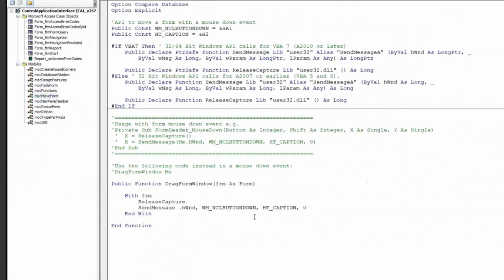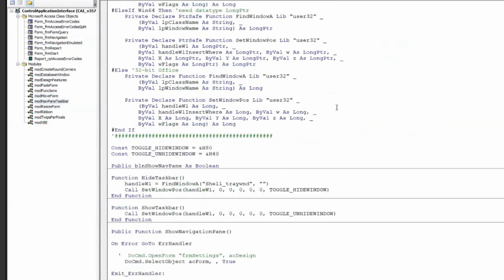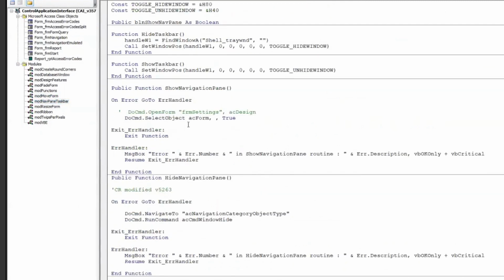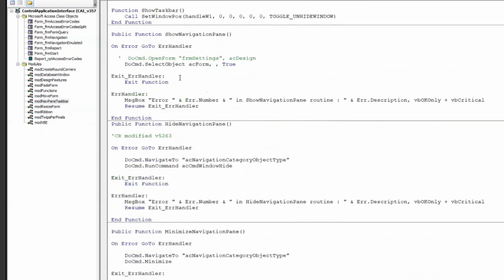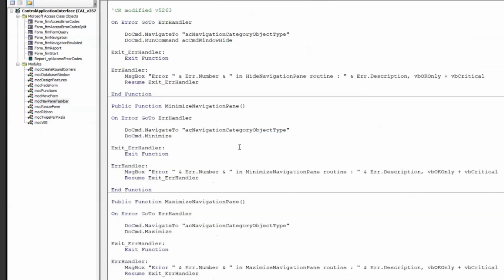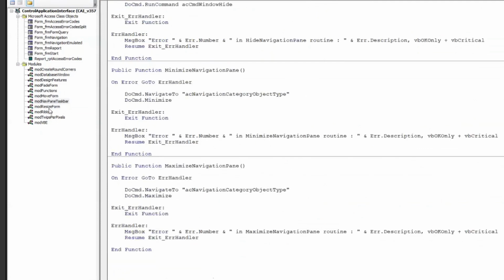Again, 2 APIs. Mouse down. Pull the form wherever you want to go. You can even do this to actually move a different form from the one that you're actually holding the mouse button down on, which is quite neat. I have code in here again with lots of APIs to hide, to show the taskbar. Code that doesn't require APIs is fairly well known. Show, hide the navigation pane, or even minimize the navigation pane. No reason why I have to have functions here. I just find it easier to remember a simple name like that than actually remembering to do both of those lines there.